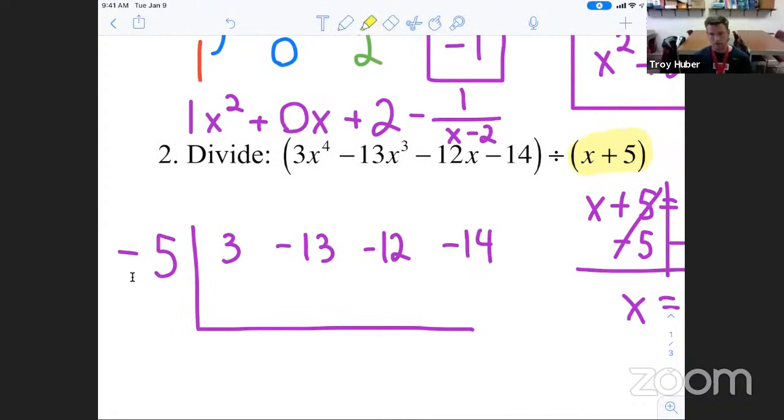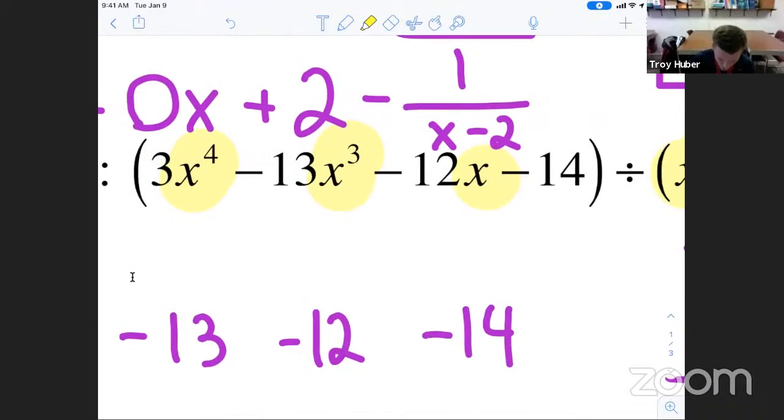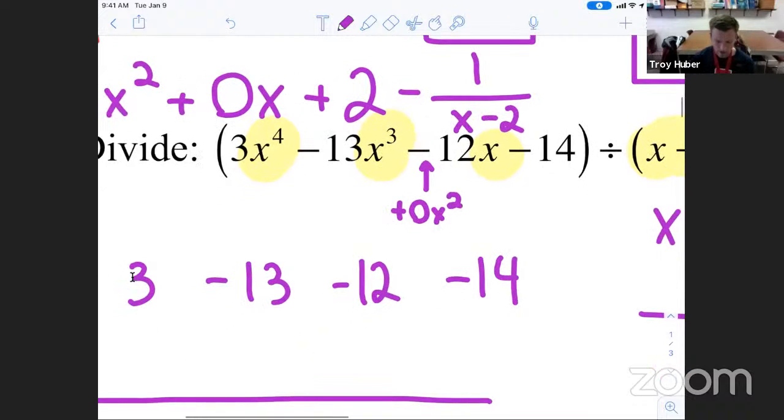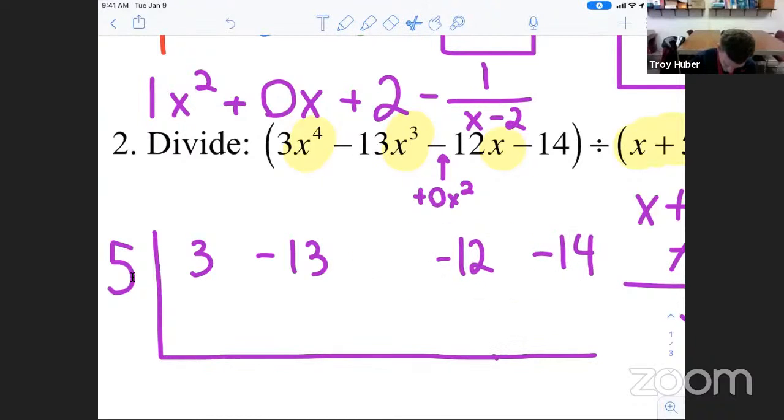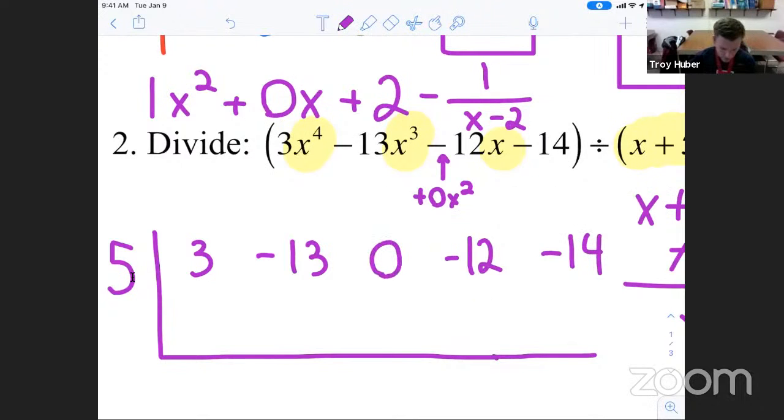But watch out. This one's a little tricky. See how it goes x to the fourth, x to the third, x. Uh-oh. Where's x squared? X squared is supposed to be right in there. So we can say, oh, we have 0 x squared. So what I have to do is put that in right here. We have to put a 0 for x squared. So we have 3x to the fourth, negative 13x to the third, 0x squared, negative 12x,